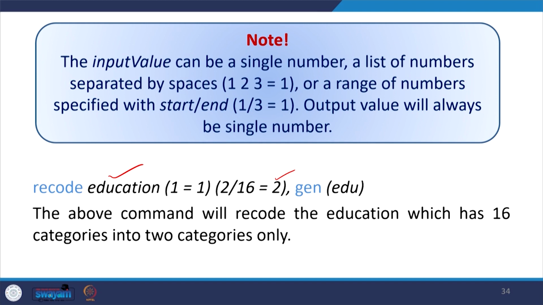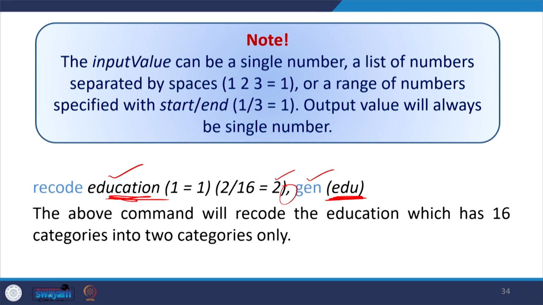So then we generated a variable. The original variable is this one, education. The new variable we have generated, we have given the name within brackets as edu, and Stata is very case sensitive, so we have to specify that particular name. Write generate, or any word you can write, after a comma. The comma should be given. Once you have given the comma, Stata reads that you have started giving options.